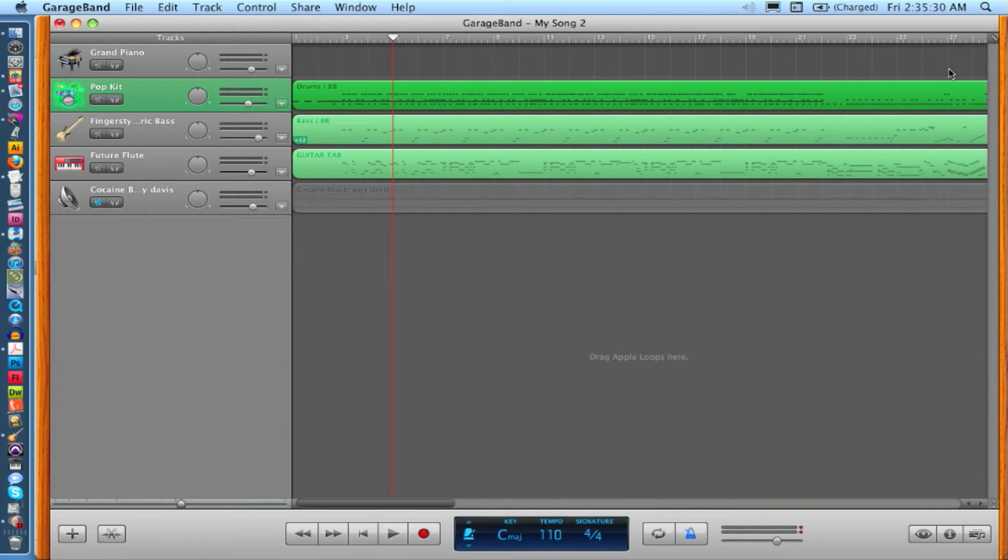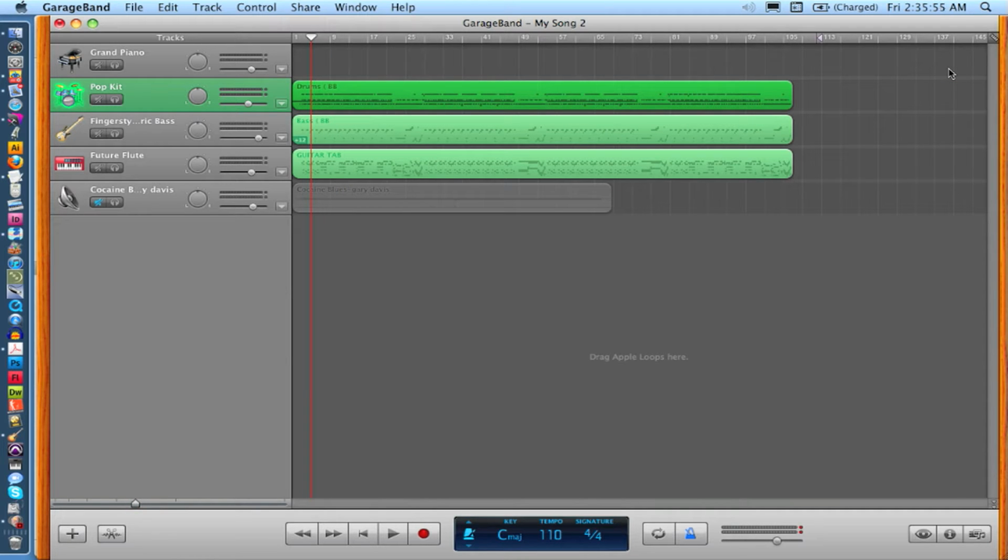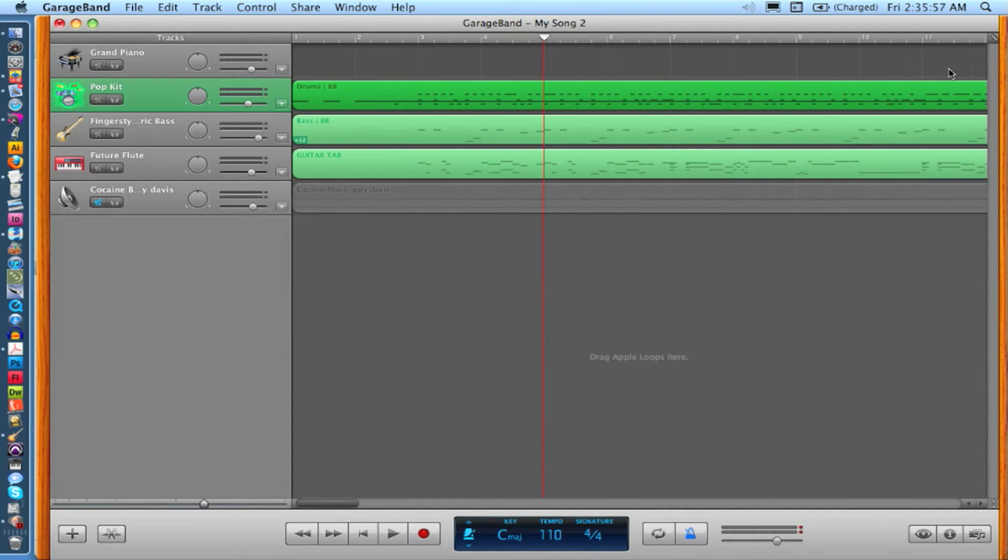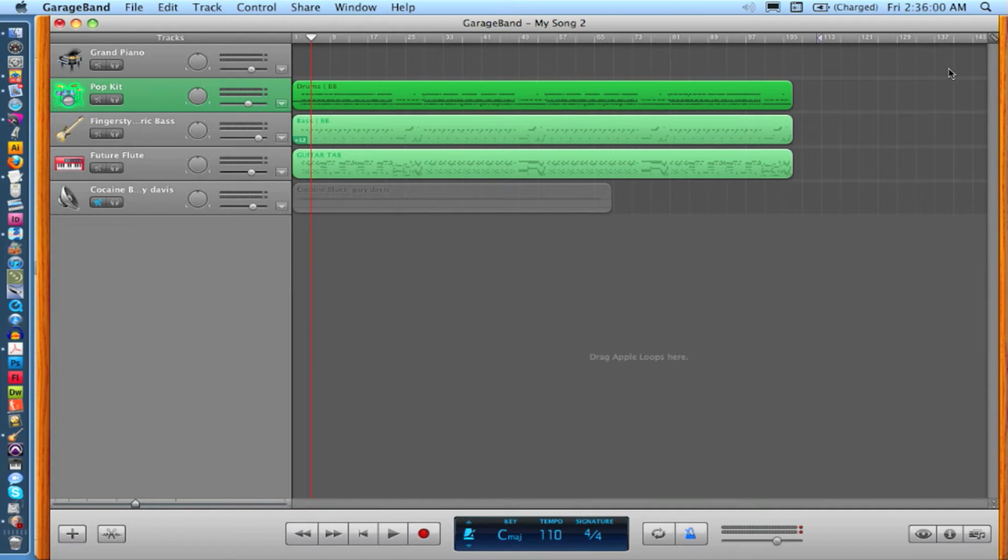Another keyboard command that's really useful is Control, Option, and right arrow, which will zoom in. So this is zooming out by Control, Option, and left arrow, and then this is zooming in by Control, Option, right arrow. That's real useful. And then just the arrow by itself will advance